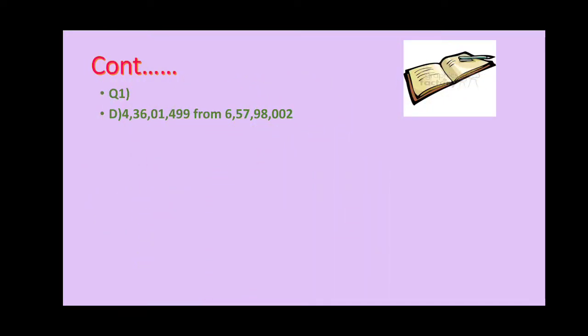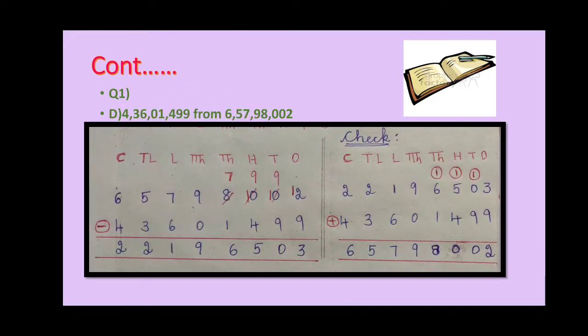Next screen, question 1, part (a). I'm doing it for you. Observe the screen. You have to subtract 4 crore 36 lakh 1,499 from 6 crore 57 lakh 98,002. So from 6 crore 57 lakh 98,002, we have to subtract 4 crore 36 lakh 1,499.